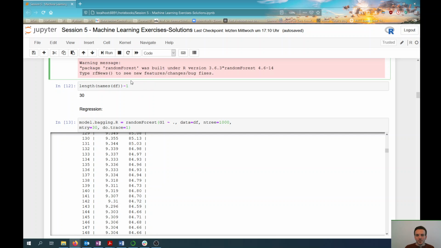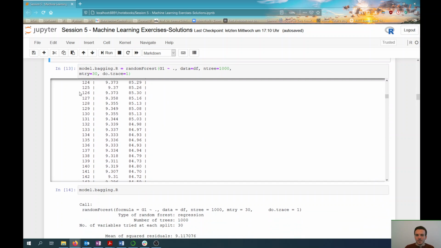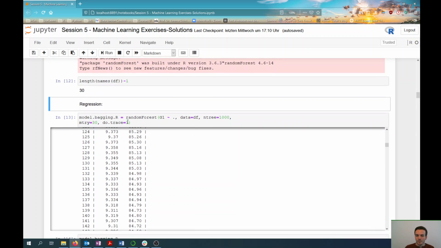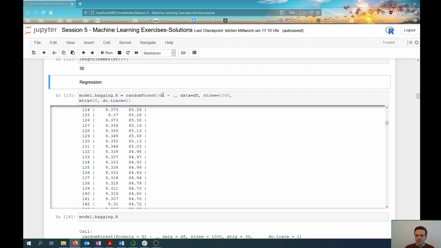Now let's determine the number of features, which is 30. And now we can build our bagging model. So we use the randomForest function here because a bagged model is just a random forest, or you could argue that it might be a random forest where you use all the features. So random forest, if you remember the lecture, and we will talk about it also later in this session,